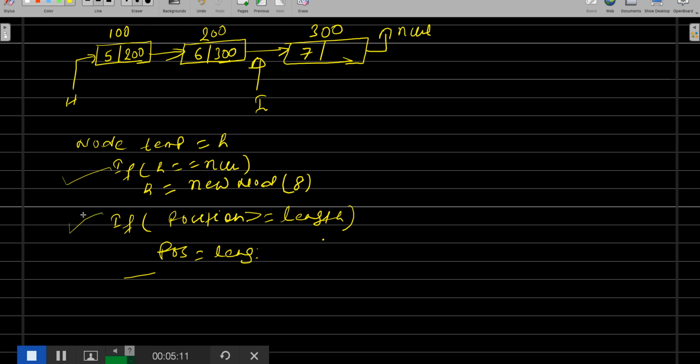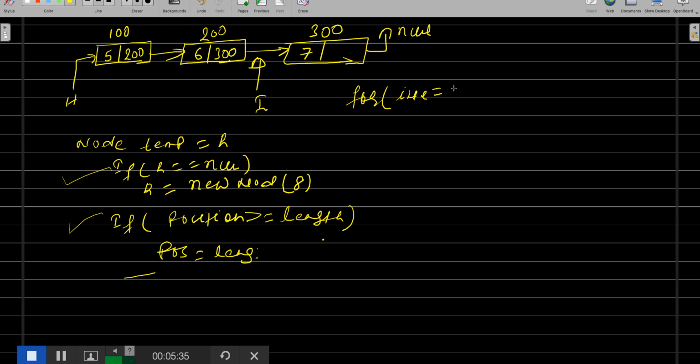But what is the actual code we have to write here? The actual code: first of all, let's say we need to insert here. We have a position now, so we need to run one for loop, guys. We have to run one for loop where it will start, let's say, int i, and will start from 0.